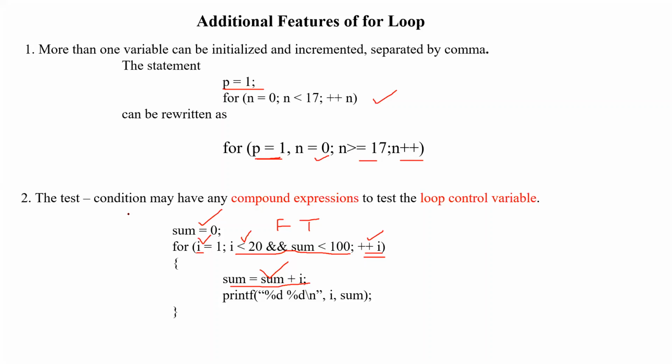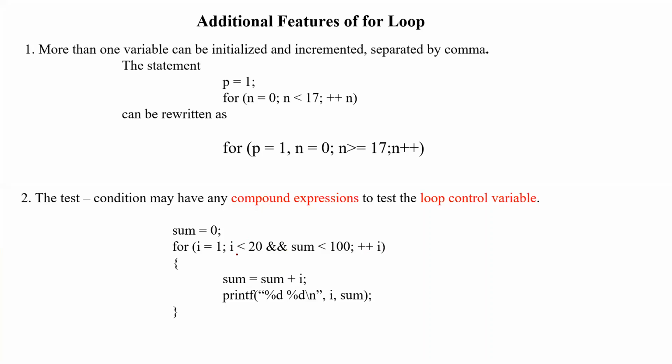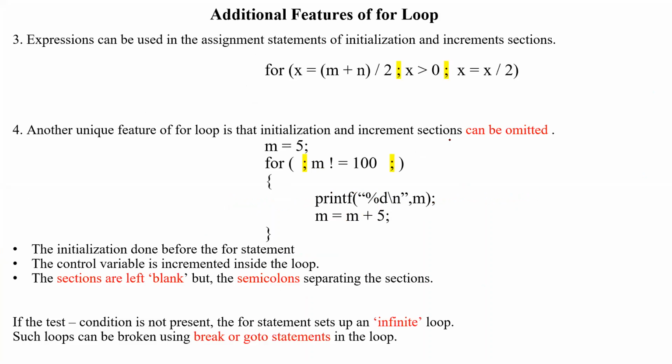Got it? So here this is a compound expression which we may not use, but don't say that this is an error. This is also possible. So this is an additional feature of the for loop. Apart from the usual syntax, the for loop can be used to express the three things we are passing in the for loop in the form of a compound expression. So here this is an example of a compound expression, and here it is an example of a for loop consisting of two control variables. Got it? So this is one more example, and these examples I have already kept in the first